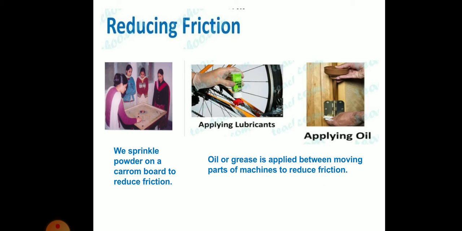So grease is used in moving parts of the bicycle. You may apply it for the cycles and all, is it? So why is it applied? To reduce friction. So to remove friction, this makes bicycle parts run smoothly. So applying the grease, what happens? It will make the bicycle wheel move smoothly without any harsh sound. Okay.